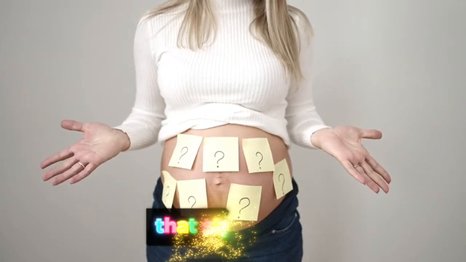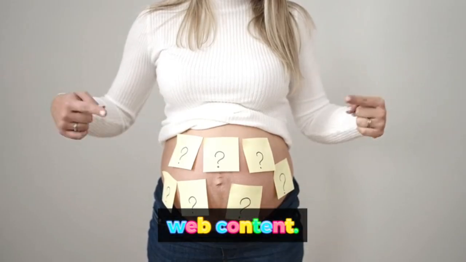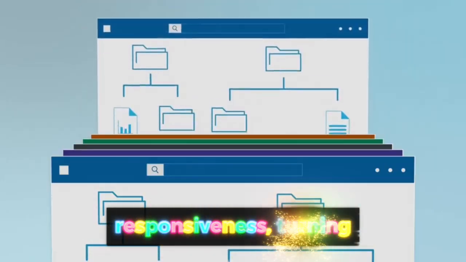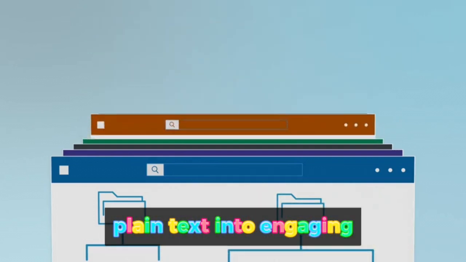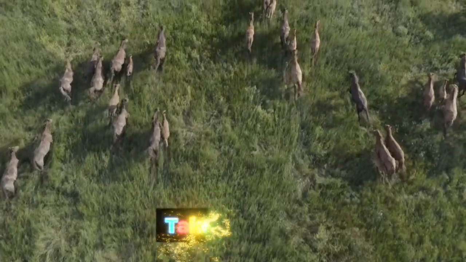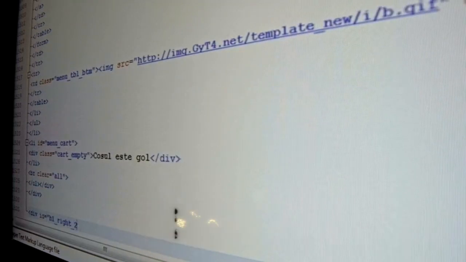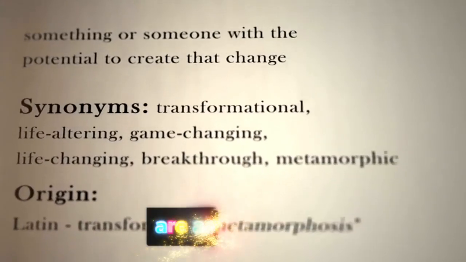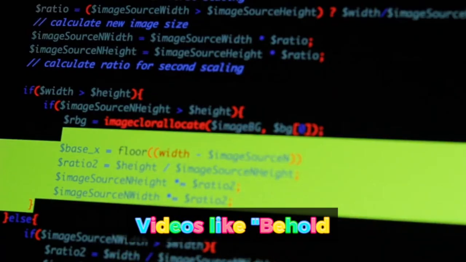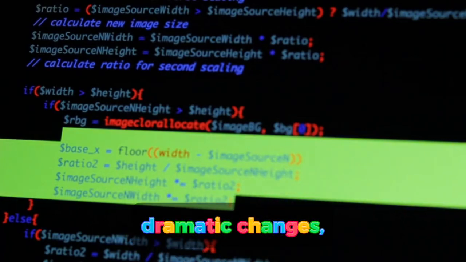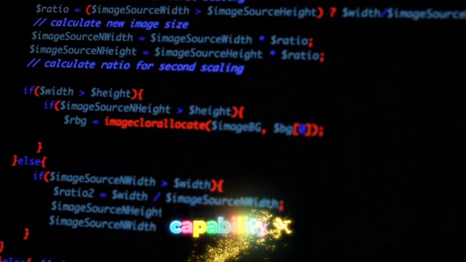CSS is the language that styles your web content. It controls layout, colors, fonts, and responsiveness, turning plain text into engaging web experiences. Take CSS Zen Garden, for instance. It's a single HTML file styled differently by various designers using only CSS. The transformations are astounding. Videos like Behold the Power of CSS demonstrate these dramatic changes, emphasizing CSS's capability to redefine